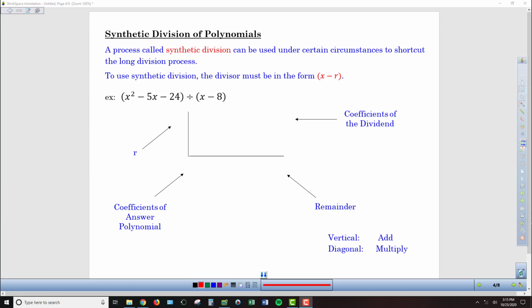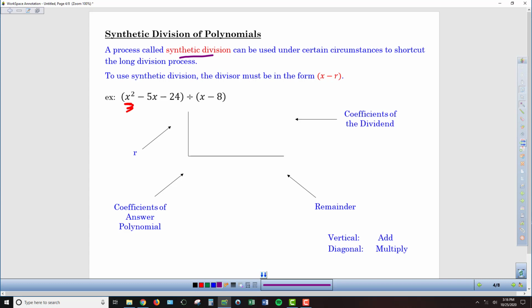Long division of polynomials can be pretty tedious, especially if we have higher order polynomials than something as small as x squared. It takes a long time, and there are a lot of places for us to make a mistake. Fortunately there is a faster, easier method that can be used under some circumstances, and that's called synthetic division. It shortcuts the algorithm, basically doing the steps in a much more condensed format, and then we can transfer the answer to a regular polynomial by working with the coefficients